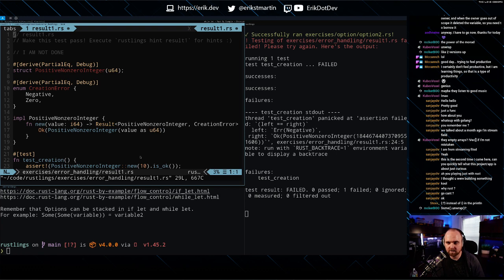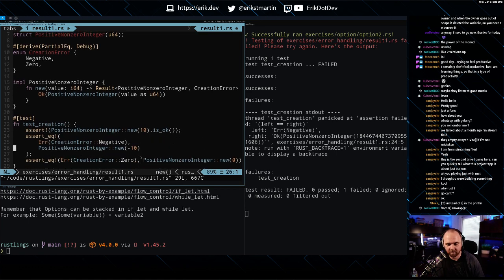Okay, next result. Make this test pass. Okay, test creation. Panicked, that assertion failed. Left equals right. Error negative. Oh, we got okay positive non-zero integer.